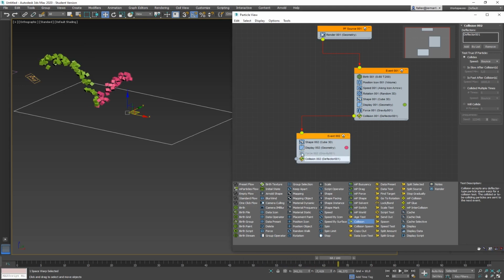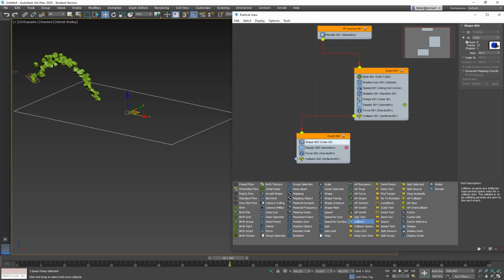If you want, for example, there is no gravity here, so you can just click on the icon and turn the gravity off. You can see as soon as they bounce, they will continue to fly forever because they are in no gravity. Gravity stronger, something else like this. If the shape right now is a cube, we can also say in the new event it's a sphere. Then they will change their form. And so on. So let's keep that as it is.